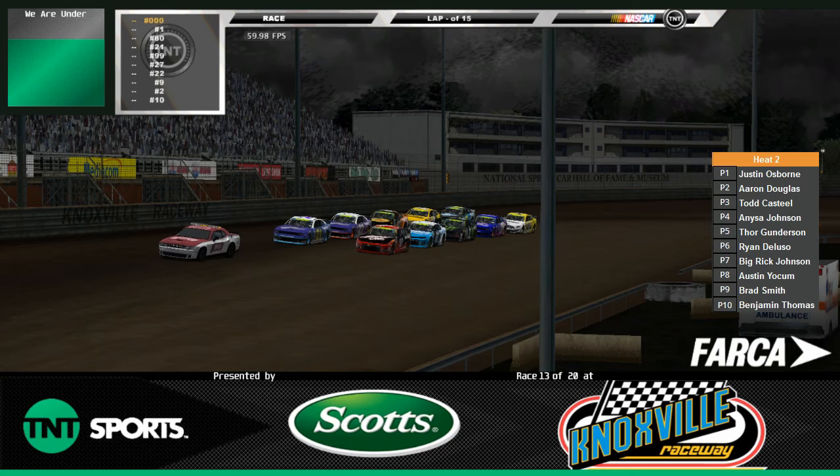the 27. Thor Gunderson, previous race pole winner, starting alongside DeLusso and the Bass Pro Shop Chevy. Big Rick Johnson starts behind them in the number 2 Red Bull Dodge. And then Austin Yoakum in the Jags number 10 Toyota. And rounding out the field, we have Brad Smith in the Nikon 22, starting alongside Benjamin Thomas and the Pennzoil number 9 Dodge. So coming off that first heat race, once again, we'd like to congratulate Arthur Xavier in the